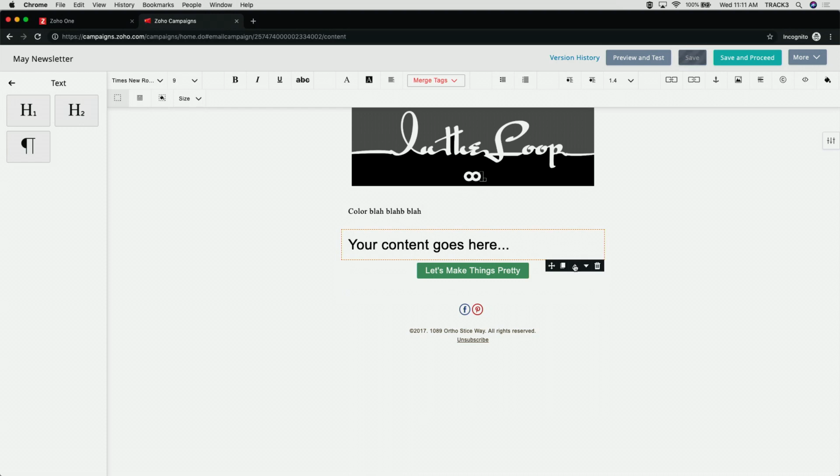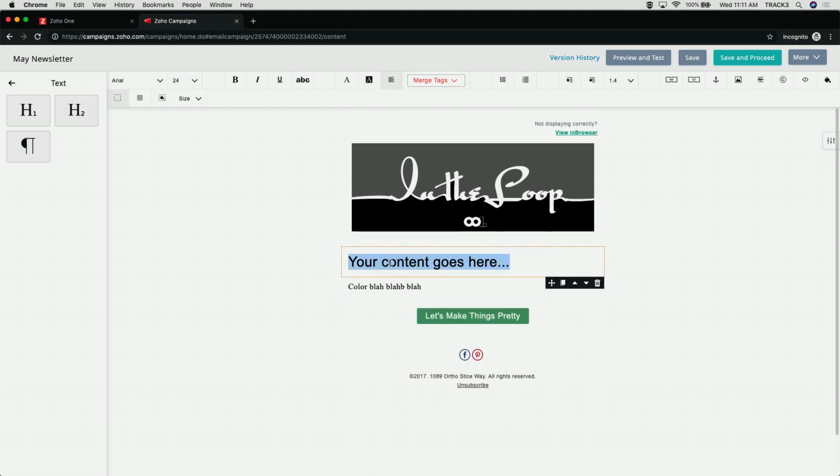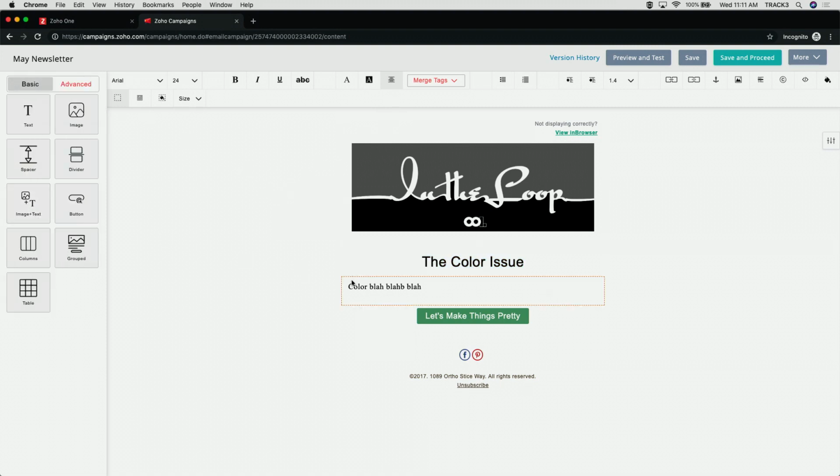And we just move it to the top. I promise Campaigns is better than that. This is just me fumbling with a computer I don't use, and we can call it the color issue, and very quickly, go ahead and put it in the middle. That looks better. We can go ahead and add an image, all that kind of stuff, right?